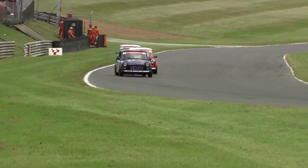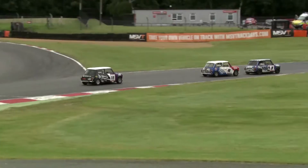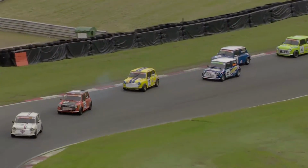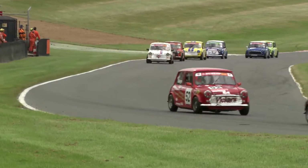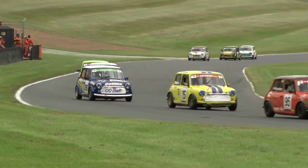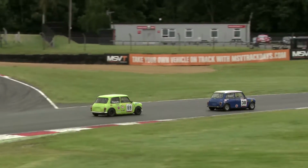The leading trio, as close as they have been throughout the race, but crucially Max Hunter hasn't been able to find his way past Ashley Davis, because for all that these cars slipstream, once you're at the very front of the field, you know that you can't, in the way that you might be able to at some other circuits, concede the lead. No, you can get back later on, because overtaking opportunities can be few and far between here at Brands Hatch. Davis will try and consolidate his lead